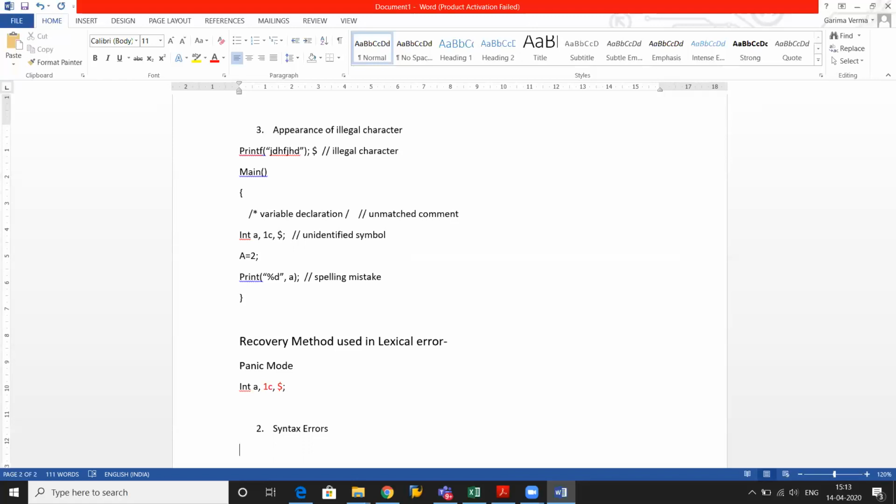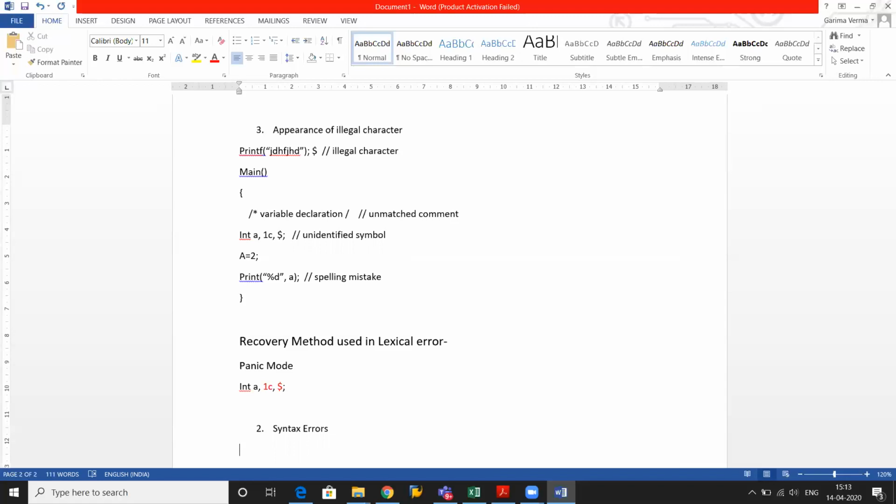Now, how will it detect them using the parse tables? I've told you the blank spaces in the parse table will actually identify the error. So if in any case your parser is detecting a blank space in the parse table, then it will generate the error, right? Now let's take one example, then I'll give you live examples also.